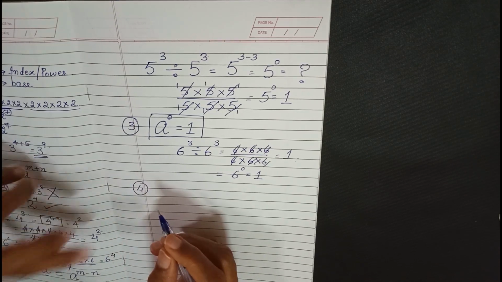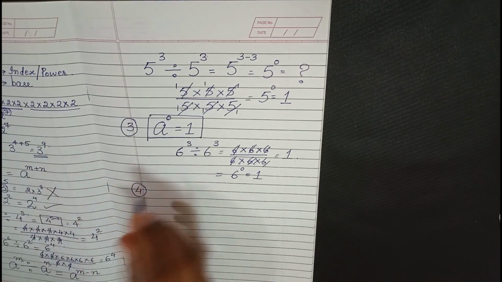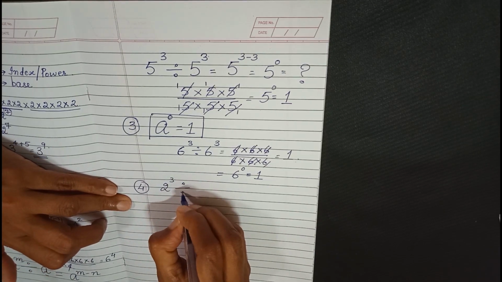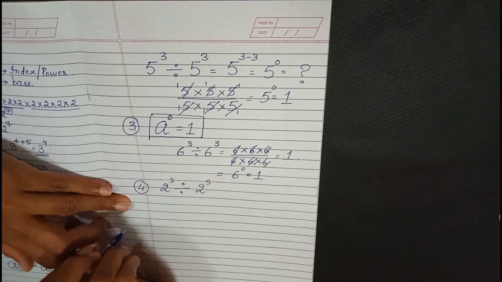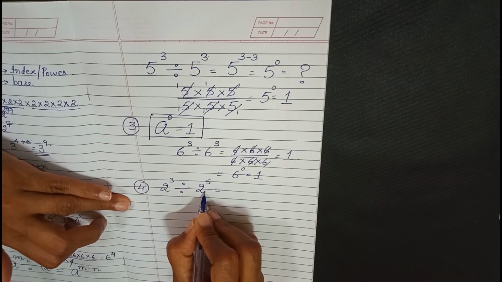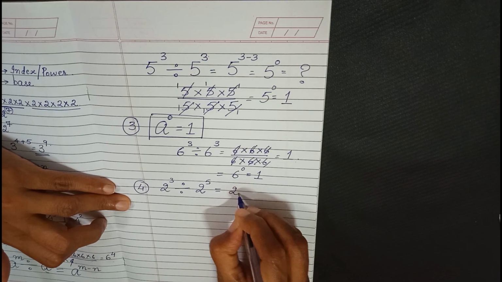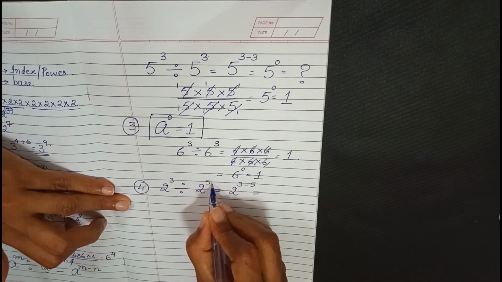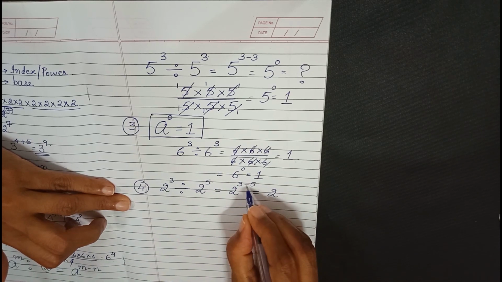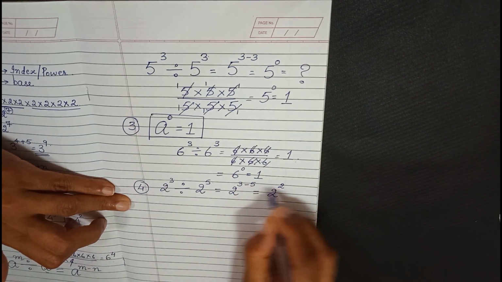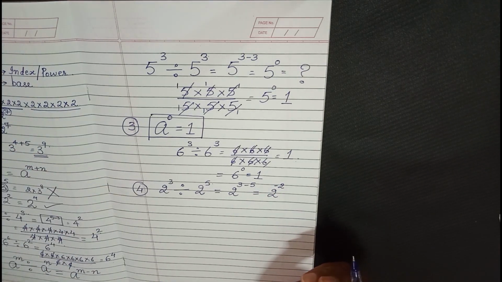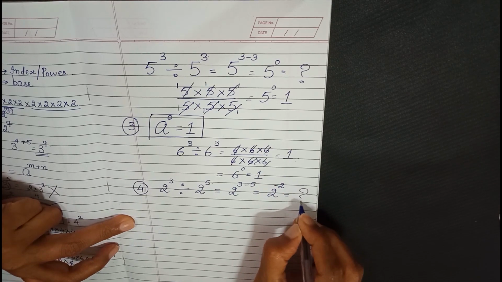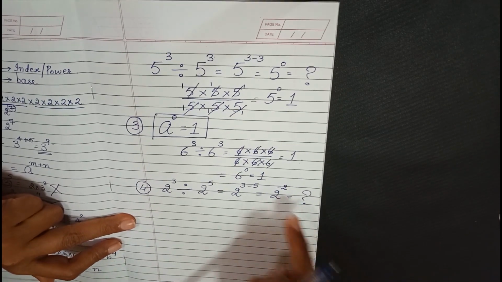Now from this same division formula we can get even one more formula. So let us say I take an example, 2 raised to 3 divided by 2 raised to 5. Now you know the base is the same. The formula that we have to use here is again a raised to m minus n, 3 minus 5. So the answer I get is 2 raised to, and since 5 is the bigger index, I get a minus sign here. Now what does this minus sign indicate? What is it equal to? How do we find out? How do we get a formula for this?